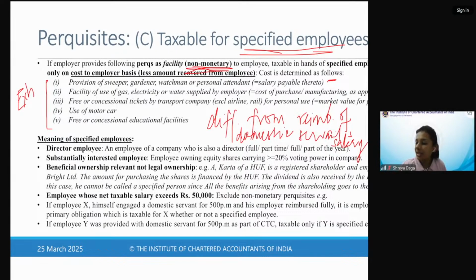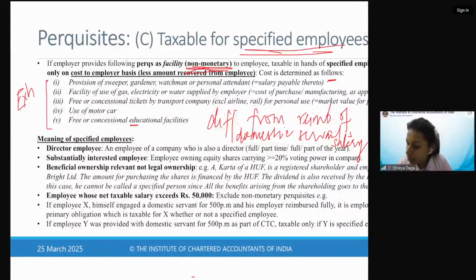फैसिलिटी ऑफ यूज ऑफ गैस, इलेक्ट्रिसिटी, वाटर, ये भी अगर कंपनी आपको दे रही है कि भाई गैस, इलेक्ट्रिसिटी ये सब हम ही आपको दे रहे हैं, आपके यूटिलिटी बिल्स को रीइंबर्स नहीं कर रहे हैं, हम आपको ये फैसिलिटी ही दे रहे हैं, ठीक है, दैट इज डिफरेंट, तो भी ये इस कैटेगरी में आता है। फ्री कंसेशनल टिकट्स अगर कंपनी आपको दे रही है, एक ट्रांसपोर्ट कंपनी, लेकिन नॉट बीइंग एयरलाइन और रेलवेज, क्योंकि एयरलाइन और रेलवेज अगर अपने एम्प्लॉय को अपना ट्रांसपोर्ट फैसिलिटी यूज करने देते हैं तो वो तो टैक्स फ्री परक्विजिट है, वो तो लिस्ट बी में आया था। अदर देन एयरलाइन और रेलवेज अगर कोई ट्रांसपोर्ट कंपनी अपने एम्प्लॉय को ट्रांसपोर्ट फैसिलिटी यूज करने देती है तो वो टैक्स कैटेगरी सी है, मतलब टैक्सेबल फॉर सम एम्प्लॉयज ओनली। उसके बाद यूज ऑफ मोटर कार, ये भी फॉर सम एम्प्लॉयज ओनली। उसके बाद फ्री और कंसेशनल एजुकेशनल फैसिलिटी, ये भी फॉर सम एम्प्लॉय ओनली।